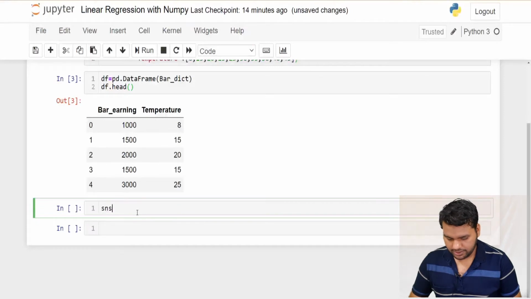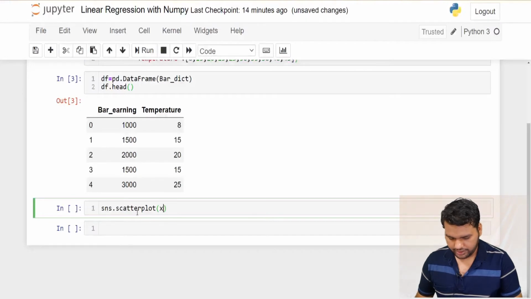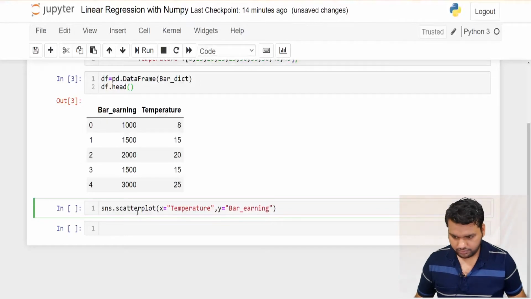So sns.scatterplot, the x is our temperature, and y is our bar earning. Then the data is coming from df, right?